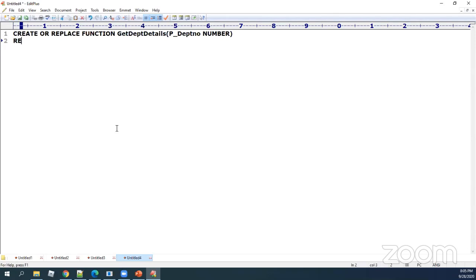Now you watch carefully. When I give one department number, my table will return me a record of information. Do you agree with me? So when it's returning a record of information, what I want to say is DEPT%ROWTYPE.